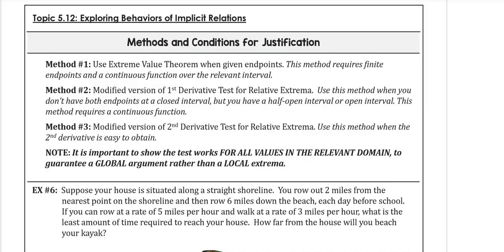This is part 3 of Unit 5, Lesson 6, Optimization. In this final part of this lesson, we're going to talk a little bit about implicit relations and some of the conditions for justification. What you want to remember is that if you have endpoints, you want to think about